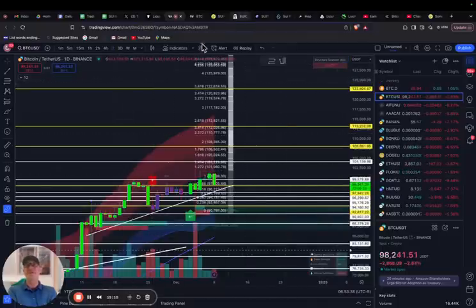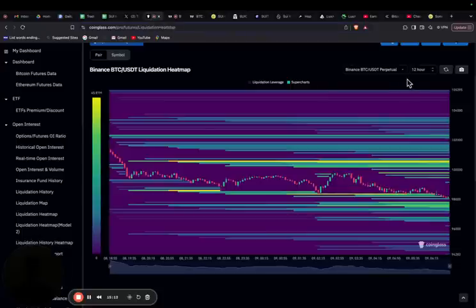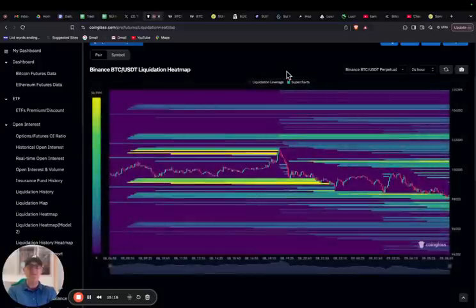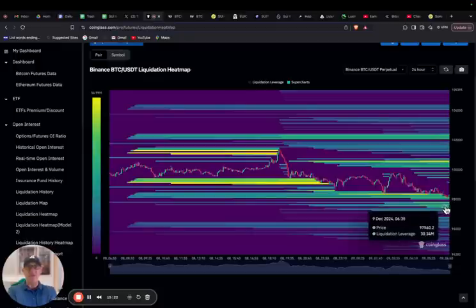And so let's have a look again back at these liquidation levels here. Let's look at the 24-hour time frame, and we see again there are more levels up to 100K. So right now, if I'm the market maker, maybe I'm coming down and getting a little bit more of this liquidity, just cleaning up the scraps there.